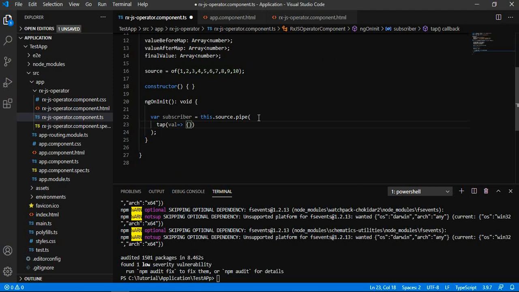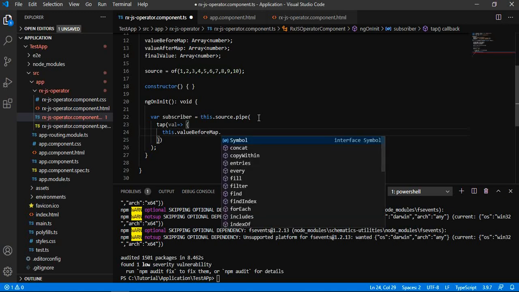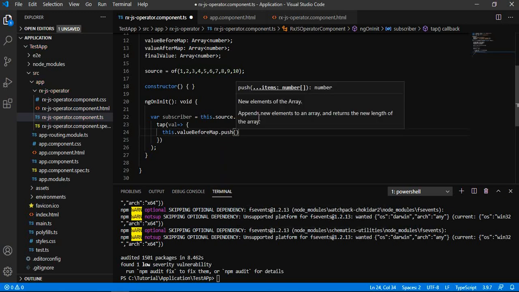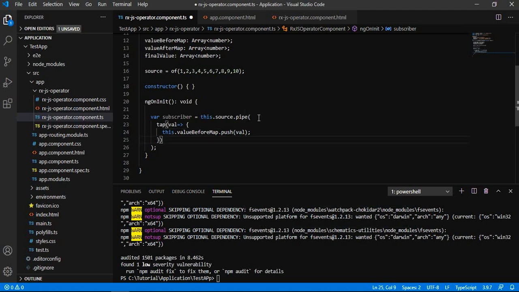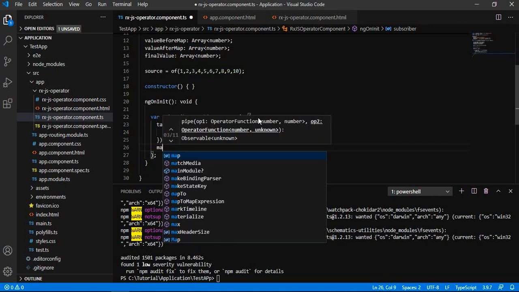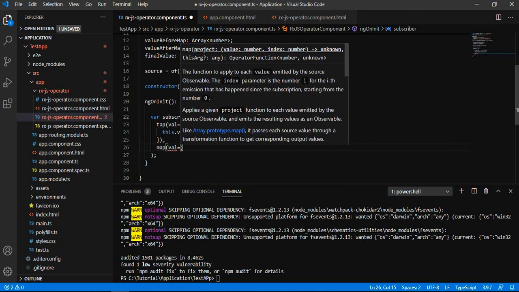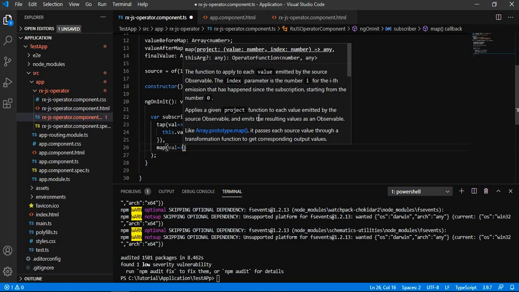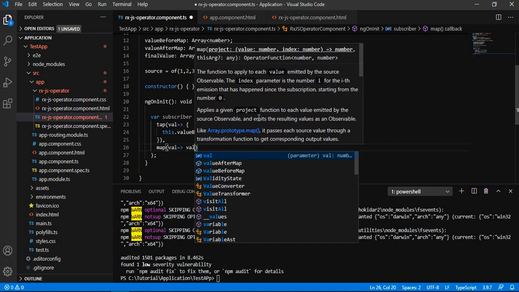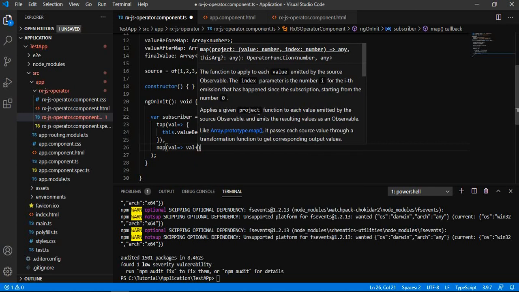So on our first tap operator we have applied, let me start utilizing this particular value without changing its actual value. The tap is nothing but you are tapping out the values, and you can utilize them in various formats of our application, and utilize it for error handling and for other observations based on your component. I am just simply adding these values to our before value map